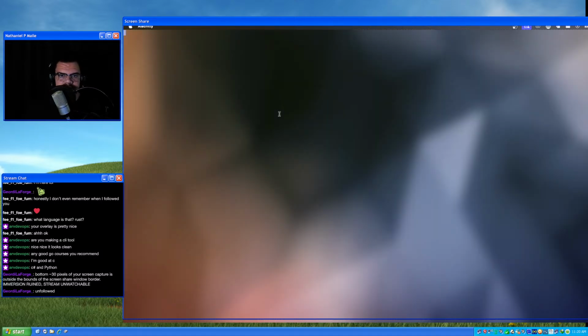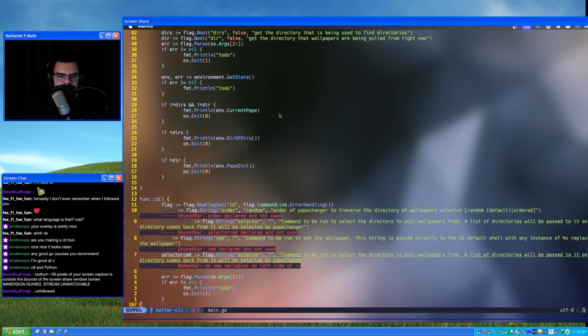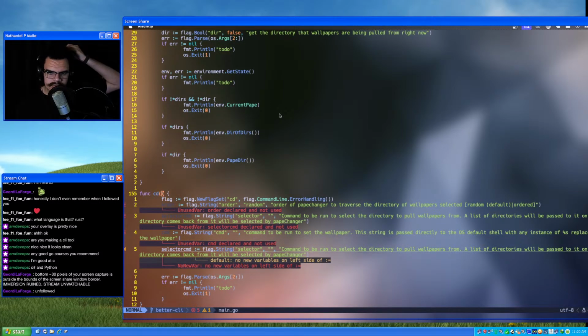Anyway. What was I doing? I had main.go open. So the order thing is going to be the same. The selector CMD thing is going to be the same. Except it's not. The CMD is going to be the same.